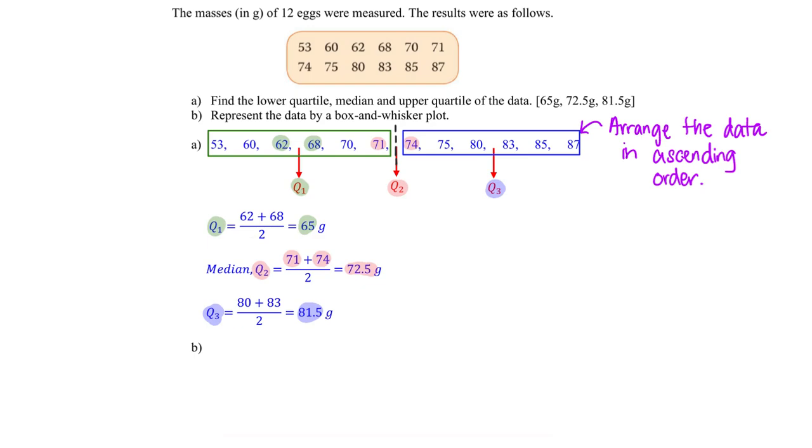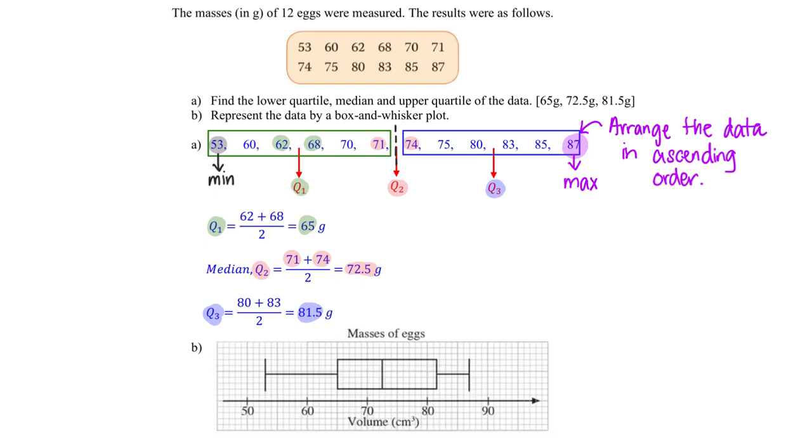Okay, once I get all this data, the next part would be to represent this data in a box and whisker plot. And the box and whisker plot also needs my minimum, and my maximum, which is the highest number. And with these 5 values, you can then represent your numbers on a box and whiskers plot,